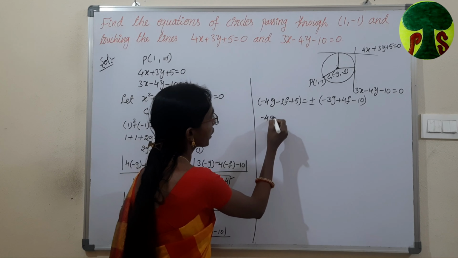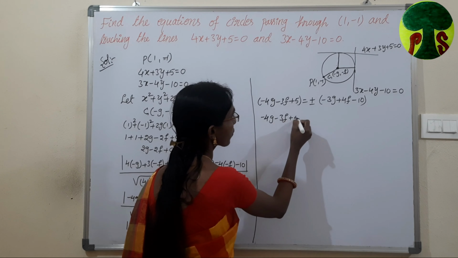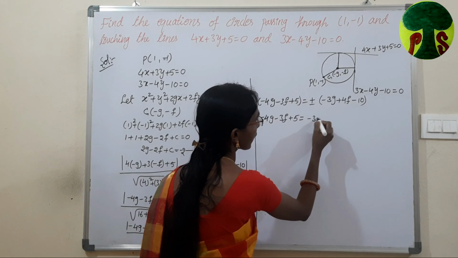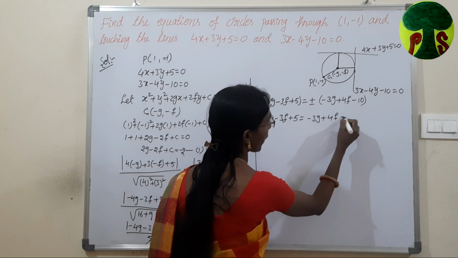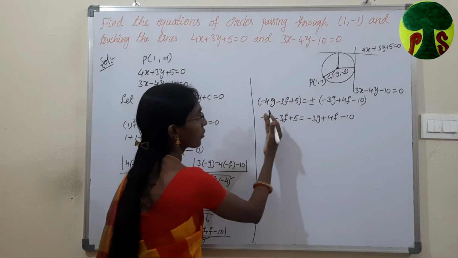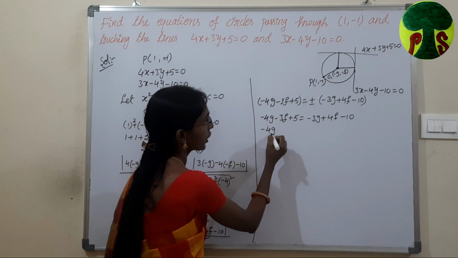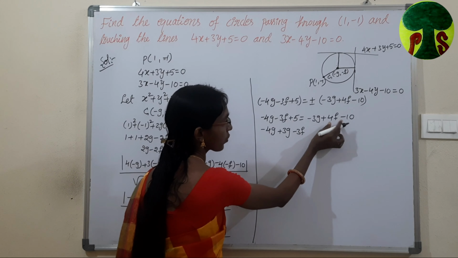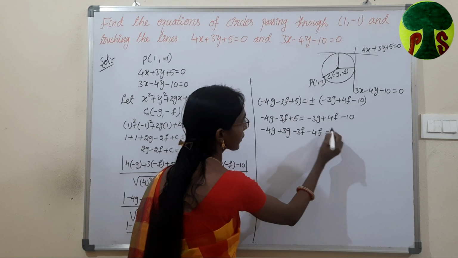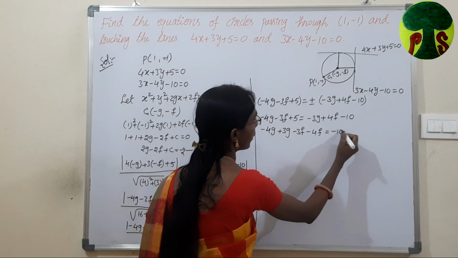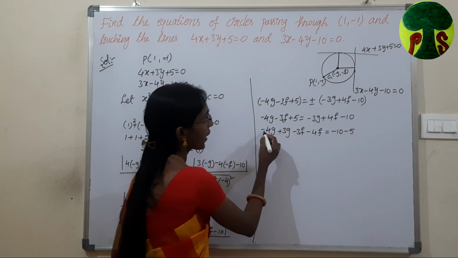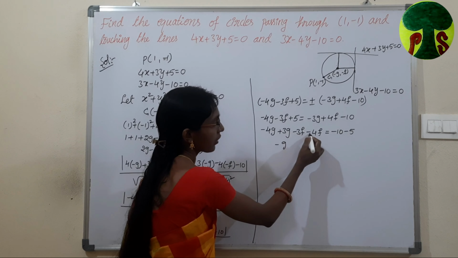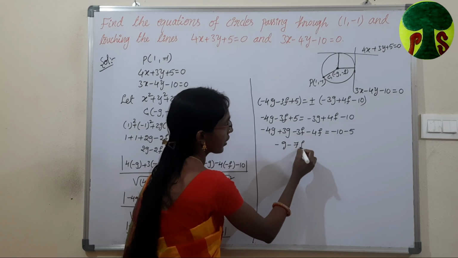So minus 4g minus 3f plus 5 is equal to, I am considering the plus symbol, so we will get minus 3g plus 4f minus 10. Bring all these terms to the left hand side, then we will get minus 4g plus 3g, minus 3f and minus 4f, bring this constant term to the RHS, so minus 10 minus 5. So minus 4g plus 3g, we will get minus g, minus 3f minus 4f is minus 7f